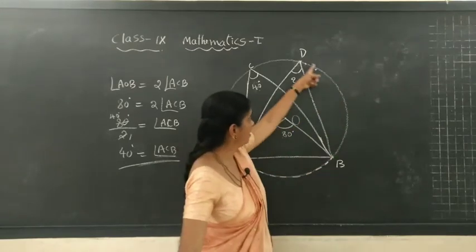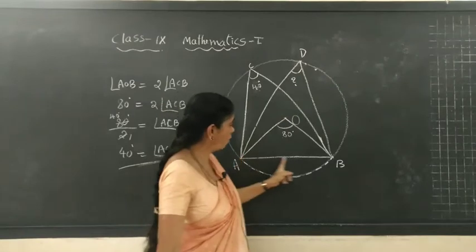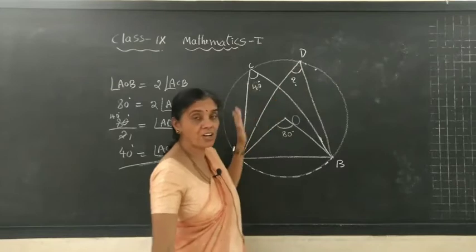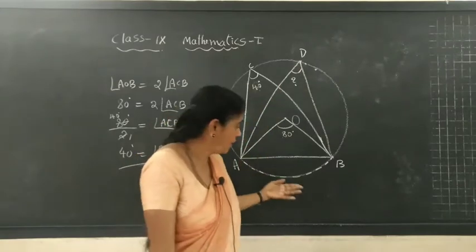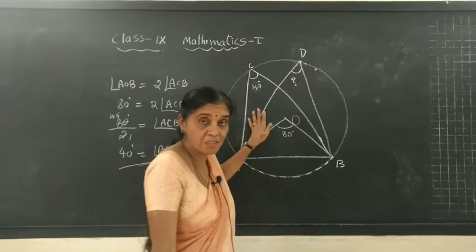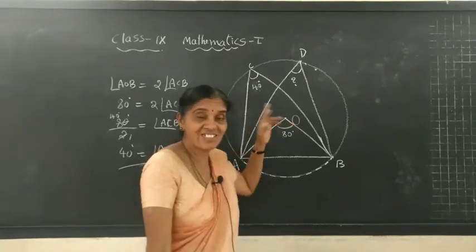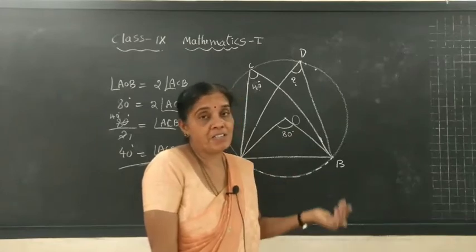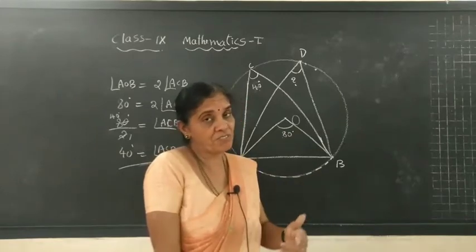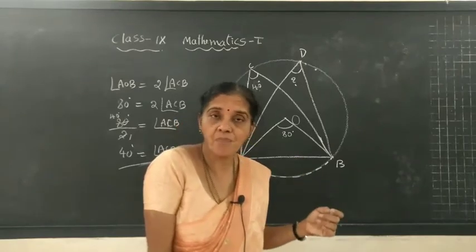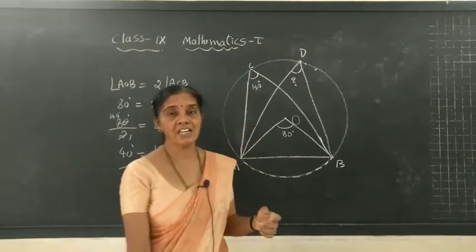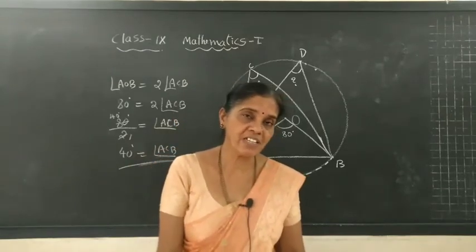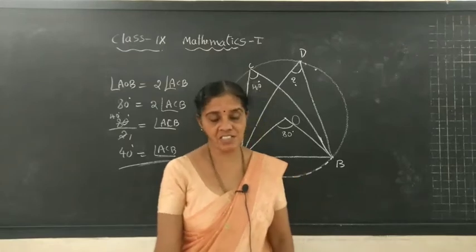Now consider this part: a chord AB and this part of the circle together is called a major segment, or here it is the minor segment. So these two angles are in a segment. In a segment you can draw as many angles as you want, but how are they related? All the measures of these angles are the same. So in a segment, the angles formed on the circle are the same. This is the idea we learned using yesterday's theorem.